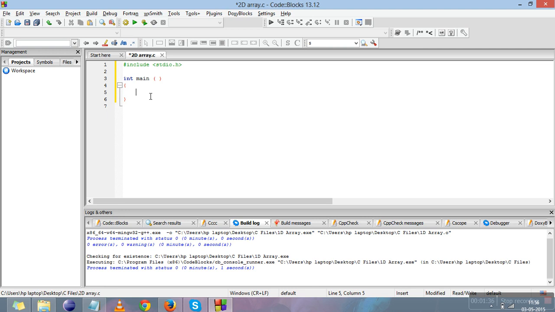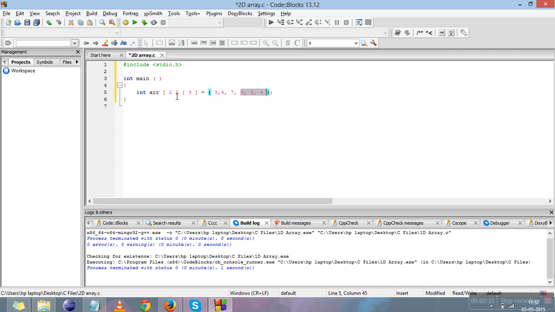So I want to declare and initialize an integer 2D array, so data type will be int. I'm giving it the name ARR. You can use any name for it, even your name also. Now I'm giving 2 rows and 3 columns. I'm giving it values 3, 4, 7, 9, 3, 4 and the semicolon. So there are 6 elements. 3 are stored in one row and the other 3 are stored in the second row.